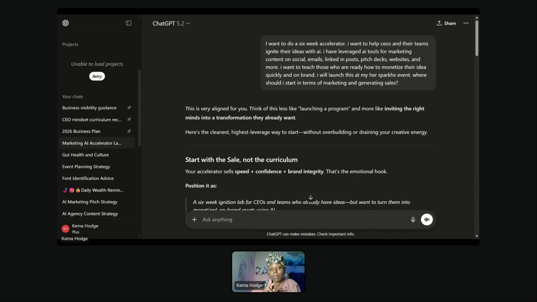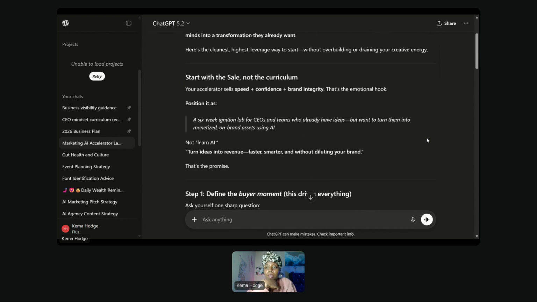So this is going to be a level 1 response, though I have a lot of stored data and memory in here. So it is going to meet me at the marketing level, but a prompt like this and somebody else's is going to give them something completely different. So let's just assess it really quickly.